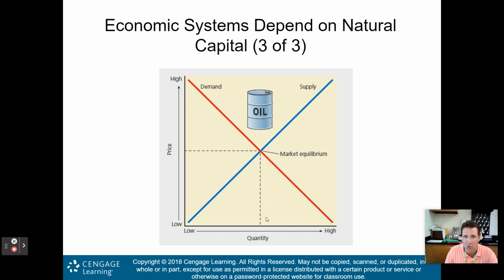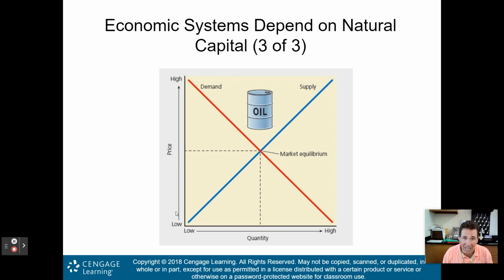So the point is to try to find that market equilibrium where the amount and the price are kind of equal, and that could help us stay more sustainable. The problem is we want low price, right? So we put more of a product in the marketplace, or we get more of the product, and that unfortunately deals with a depletion of our resources. Again, this is that full cost pricing. We want stuff cheap, but unfortunately that cheap price is not taking into account what you actually need.